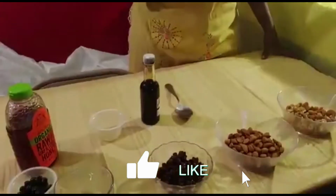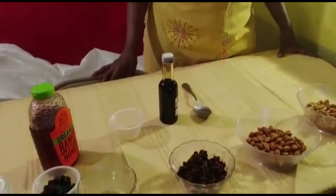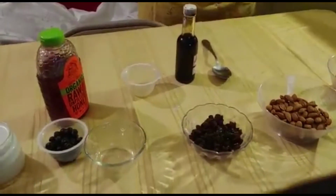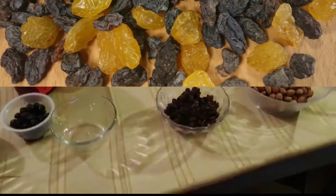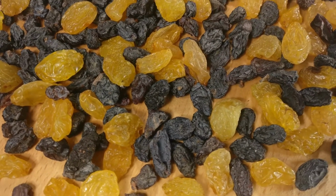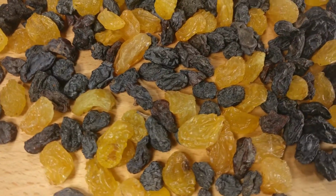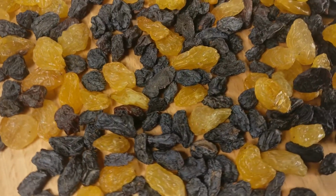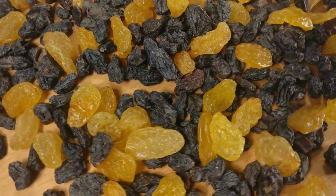Let's talk about one other ingredient that we are going to include here, and that is raisins. Okay, we know that raisin is often used as a sweetener, and raisin is filled with lots of minerals and vitamins that makes it very good. It's a good, healthy sugar that you can incorporate. Instead of using regular sugar, you can use raisins to help in the sweetening of your